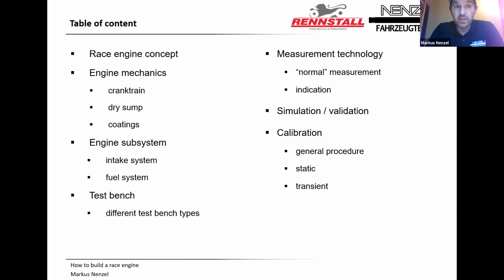Then the table of contents is, at first, a little bit about the race engine concept, just some words about how a race engine could be designed. Then a closer look at engine mechanics. There are only a few examples because of the time: crank train, then dry sump, coatings, then something about the engine subsystems, especially the intake system and the fuel